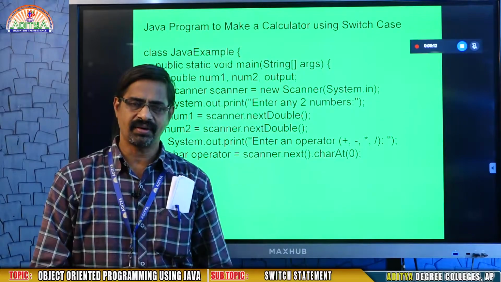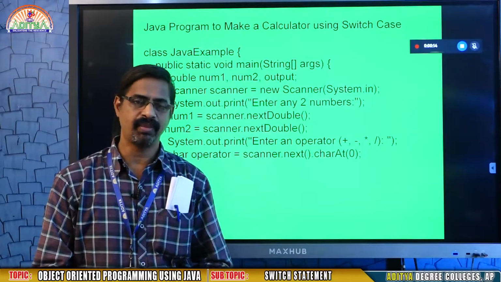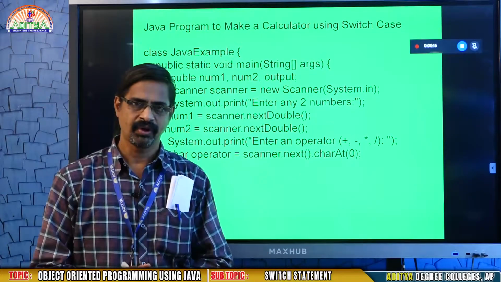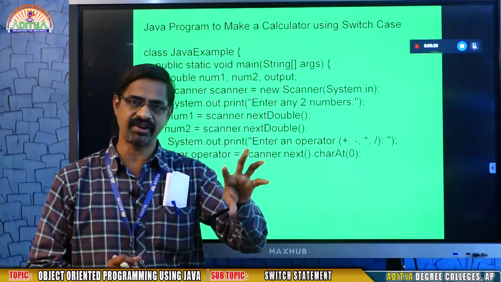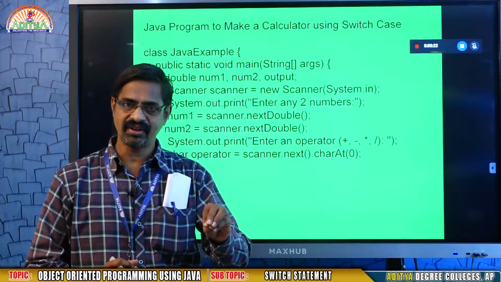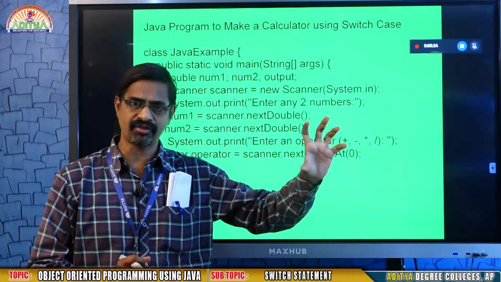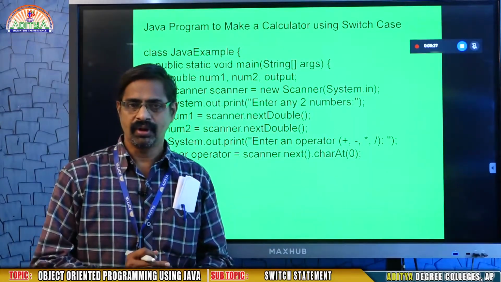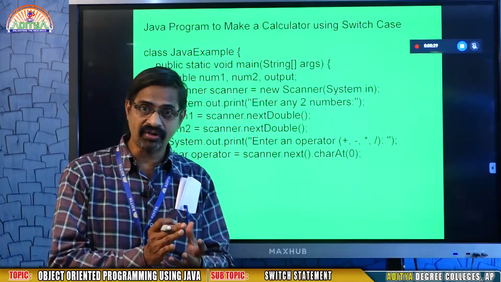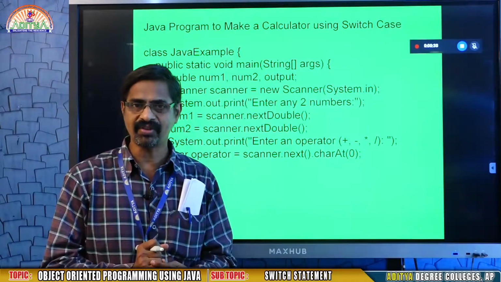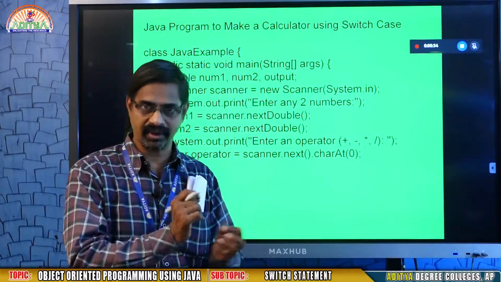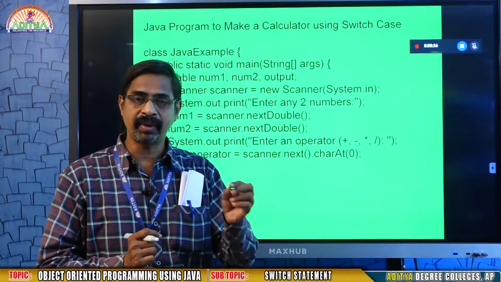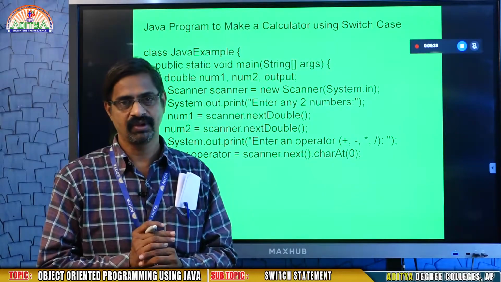In the last section, I explained the switch statement. Before that, the if statement. Both are decision control statements. It means there will be a condition. If the condition matches, it executes a set of statements, and if the condition is false, it executes another set. That means among two or more alternatives, it will select one, completely depending on the condition you are writing.